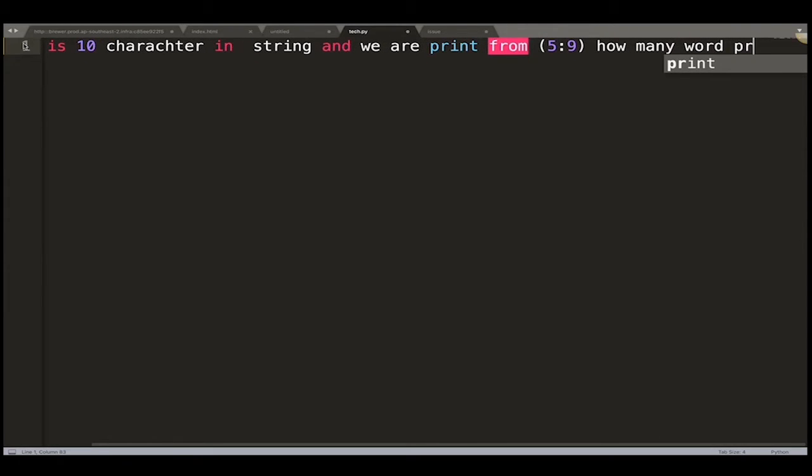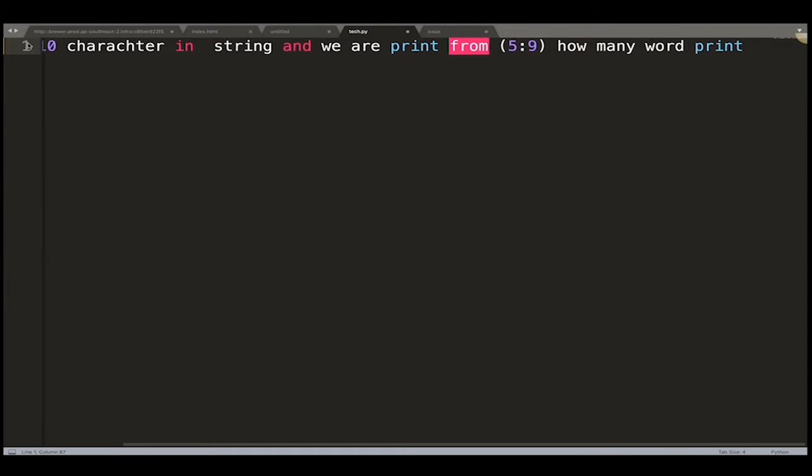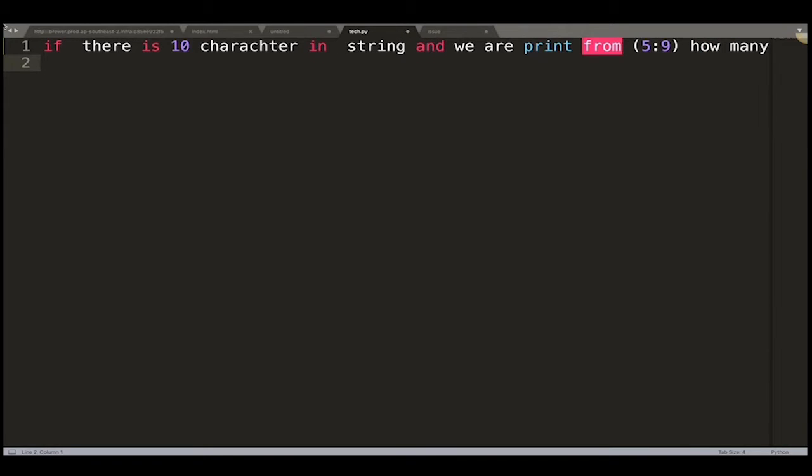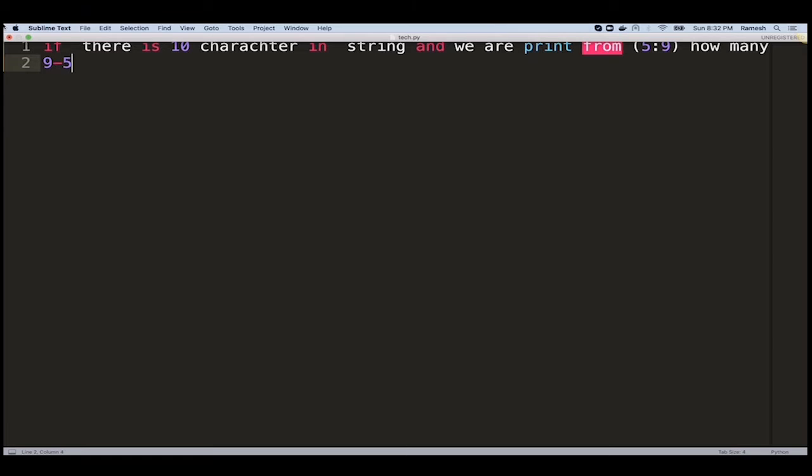What formula do you use here? Nothing, you do 9 minus 5, and whatever value comes, that many characters will print. So logical type questions you can solve like this, understood?